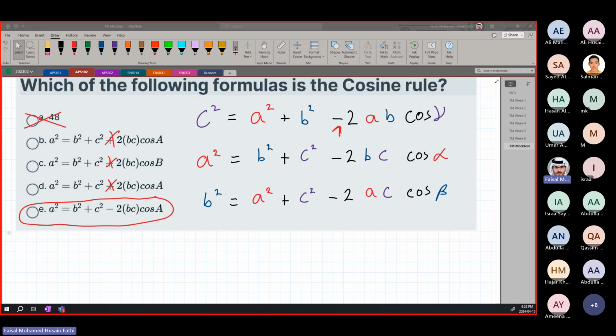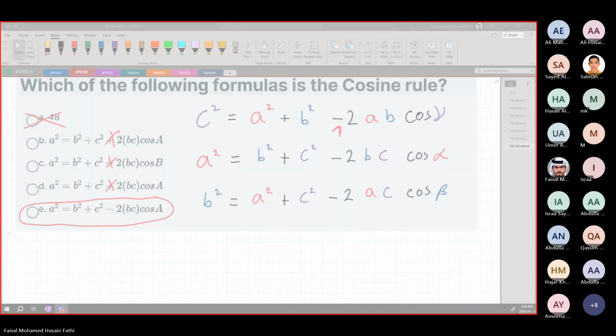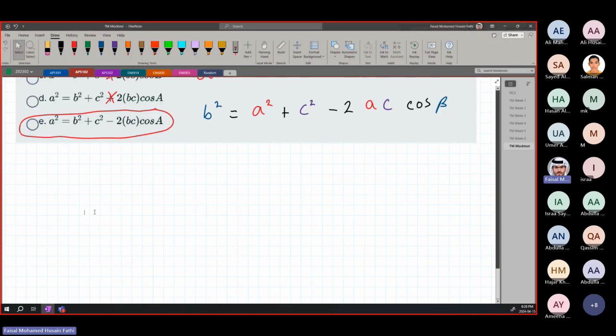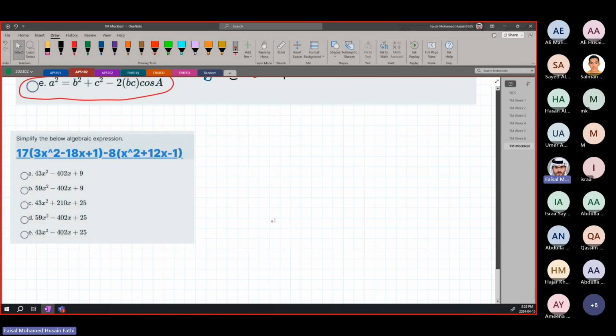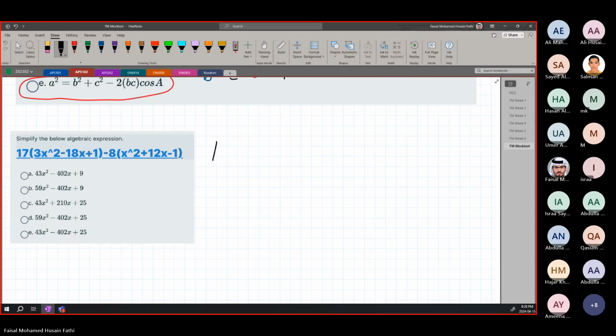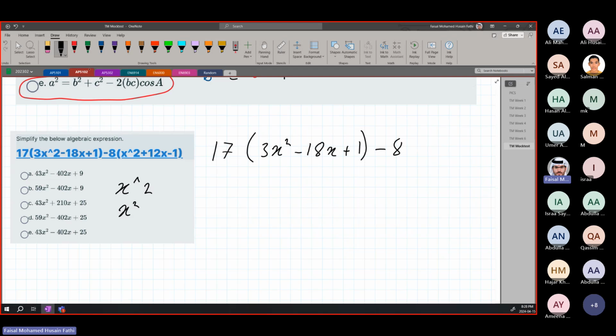Moving on to the next question. This is mock test 3. Simplify the following algebraic expression. This one looks a bit more messy, so let's just see how it looks. It is 17 times 3x squared. Again, when you see x power 2, this basically means x squared. It's the same thing. So 3x squared minus 18x plus 1, minus 8 times x squared plus 12x minus